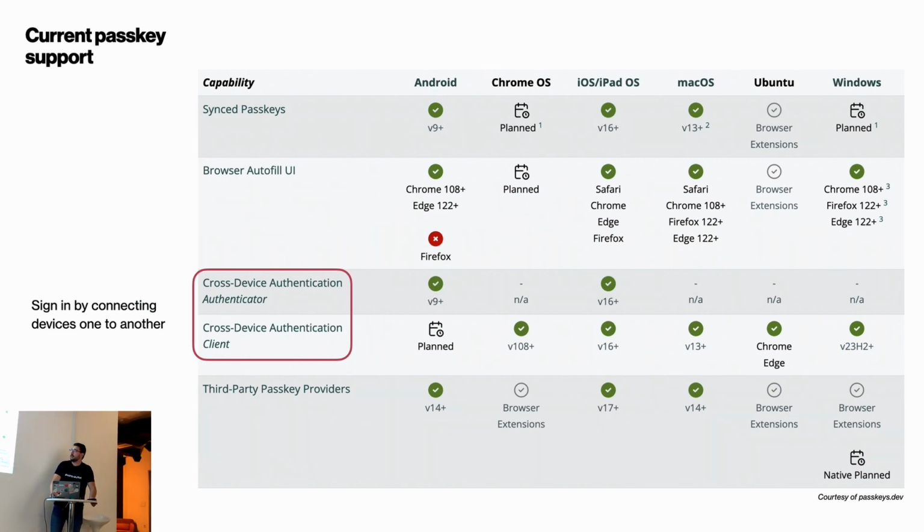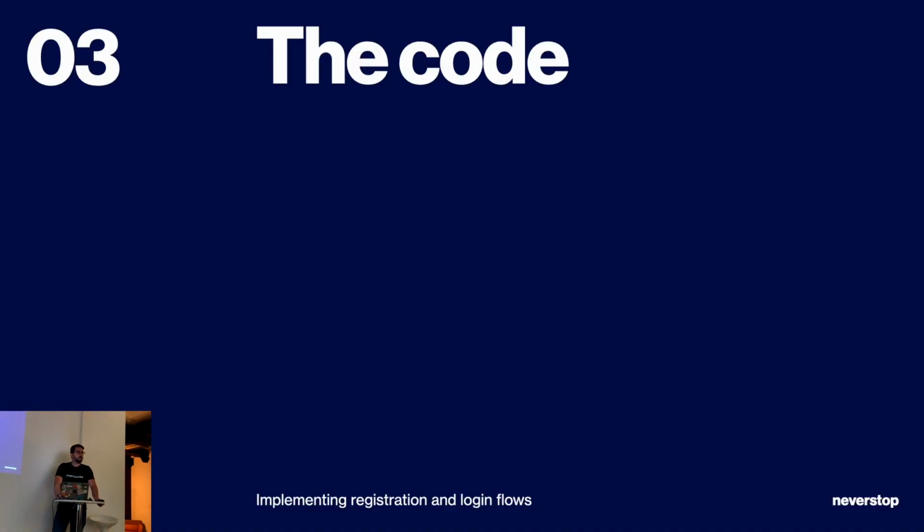There's one thing that I would like to go over specifically, and this is cross-device authentication, because if you look at Android, the cross-device authentication allows Android to be the authenticator. So it allows you to use your Android phone to log in to Facebook on your MacBook or something like that, but what it doesn't allow is the client option. So you can't use your MacBook to sign in to an app that's on your device. That's still not supported, but it's somehow planned. We don't know when.